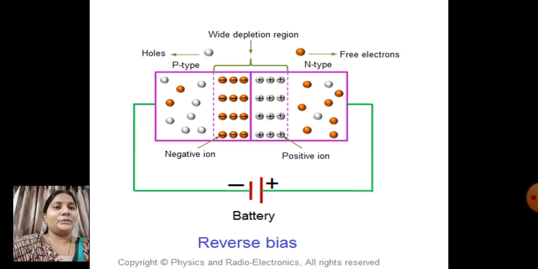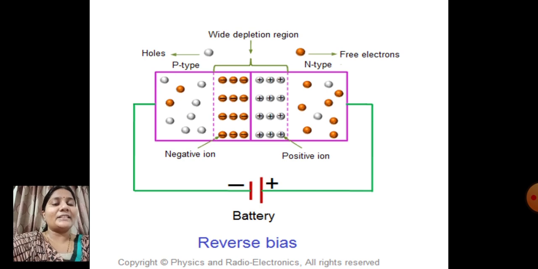junction. So the current conducts here still, but the charge carriers crossing the junction on both sides are minority charge carriers only. Since the number of minority charge carriers is always less in this case, even though the current conducts, very little current is conducted, which is in microamperes only. I am going to clarify again. Here the minority charge carriers are crossing the junction and majority charge carriers reach the battery electrode.